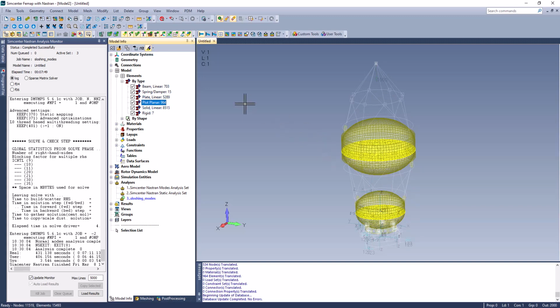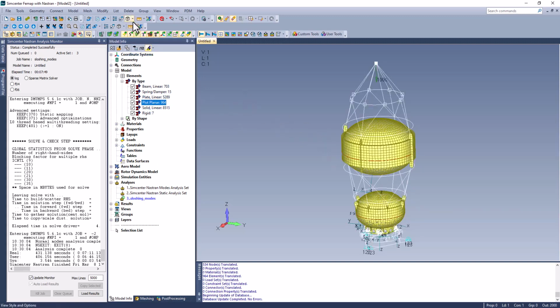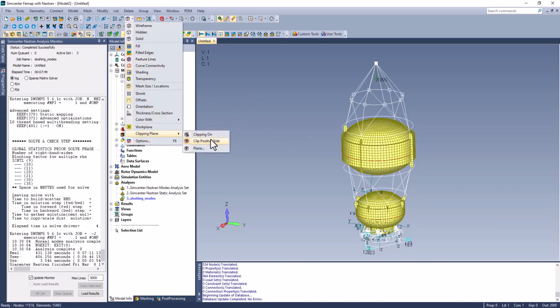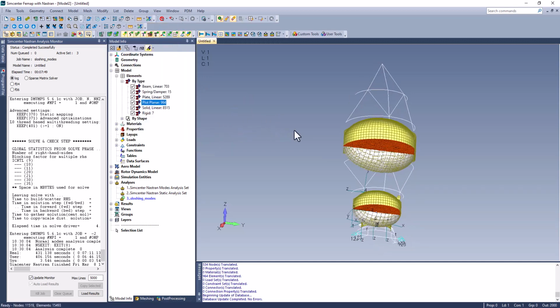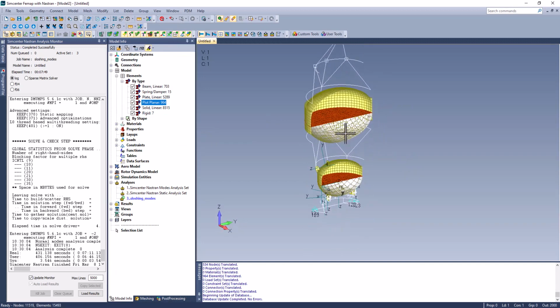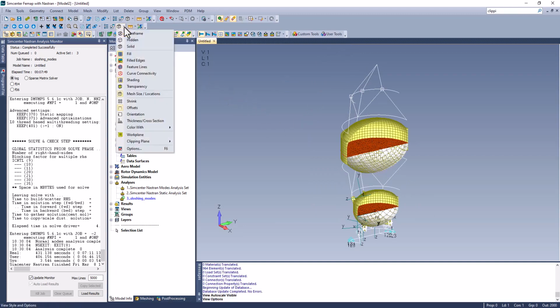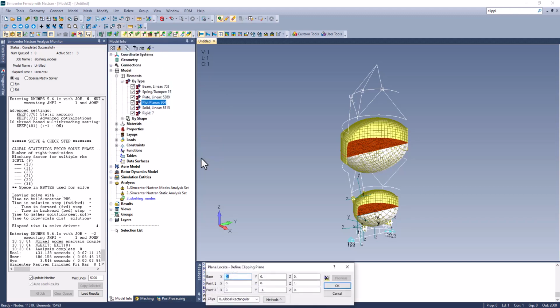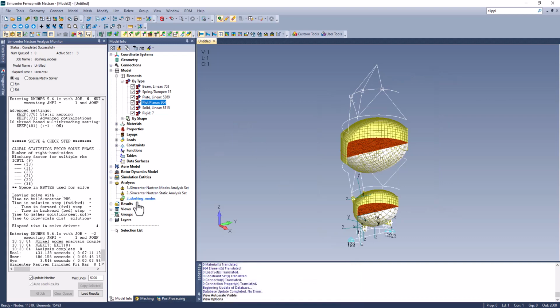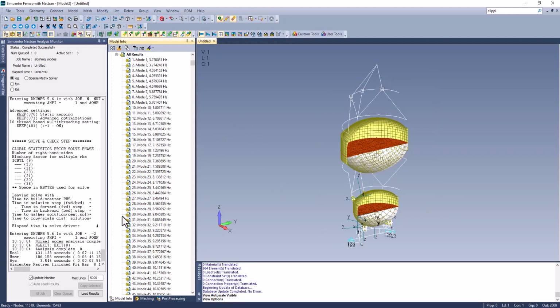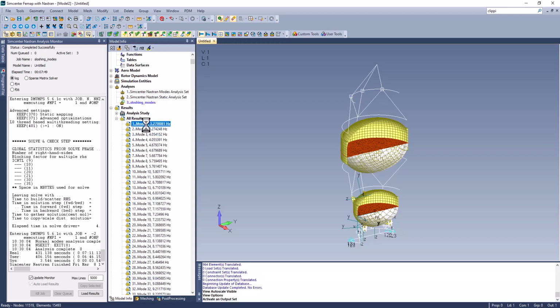In order to better visualize the results, I will turn on my clipping plane using the View Style icon on the View toolbar. I can simply click the Clipping On option to activate my clipping plane. I can use the same toolbar icon to edit my clipping plane if I want to change the view that the clipping plane gets on my model. Once my clipping plane is set, I can view various sloshing modes by double-clicking on different output sets in the model info tree and clicking the Animate icon on the Post toolbar.